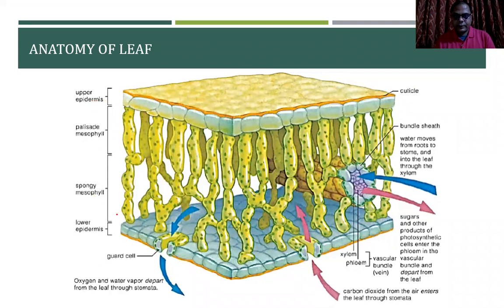And then we have got the mesophyll cells. Then we have the lower epidermis, and then we have the guard cell, stomata. Now this stomata is basically the opening through which the gaseous exchange takes place. And then we have got the guard cells around that control the opening and the closing of the stomata. And then we have got the xylem and phloem, xylem for water transportation and phloem for transportation of sugar and other mineral components. And this all together forms the bundle sheath.